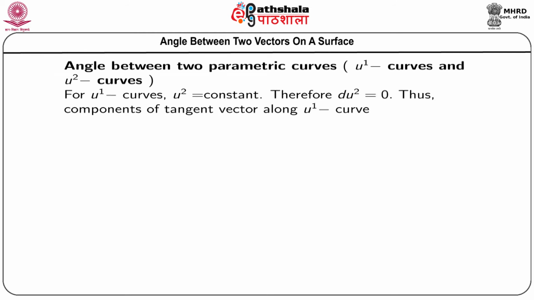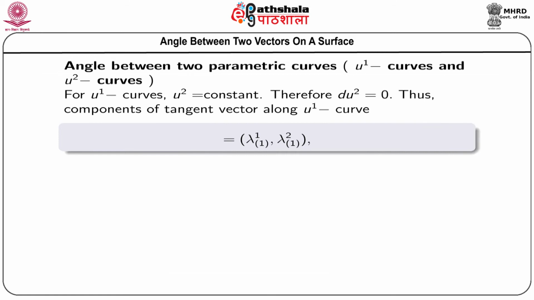Now, for U1 curves, U2 is constant. Therefore, du2 is equal to 0. Thus, components of tangent vector along U1 curve will be lambda 11, lambda 12. So, these are the components of unit tangent vector for the U1 curves,